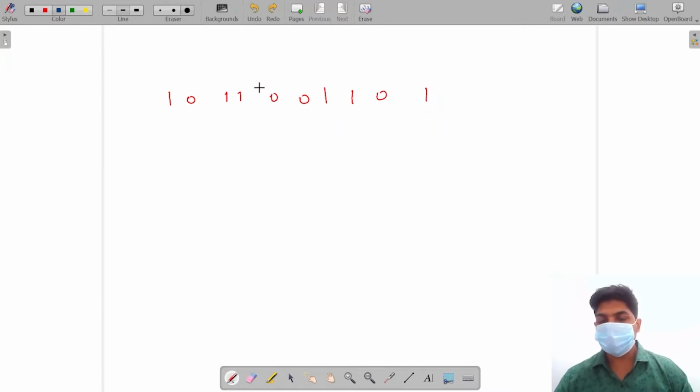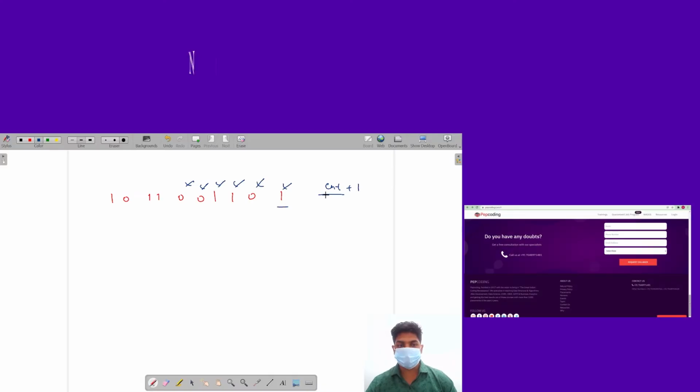So one way of solving this problem is that we can scan these bits one by one. We scan the first bit. If it is a 1, then we'll increment our counter. We'll have a counter, and we'll increment it by 1. If it is a 0, then we'll not increment our counter. Then we'll scan the next character, then the next, and so on. One by one we will scan each character and increment our counter variable.